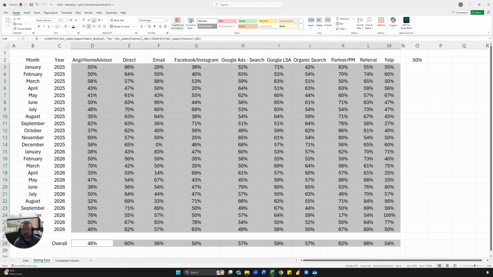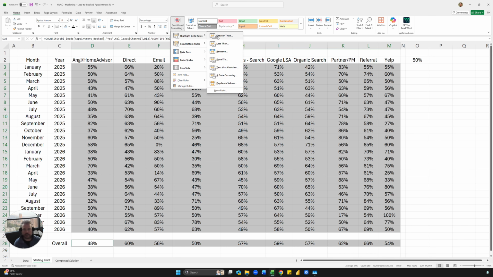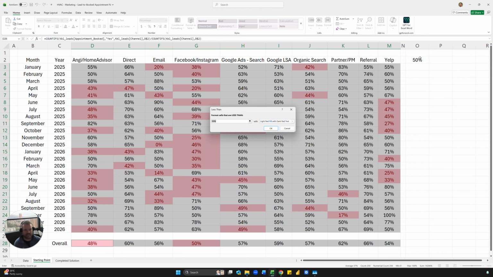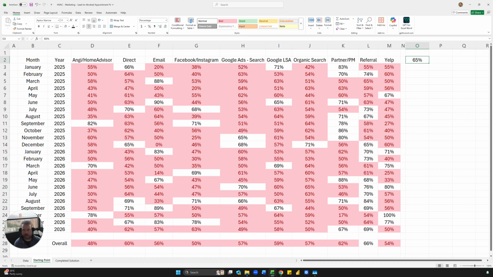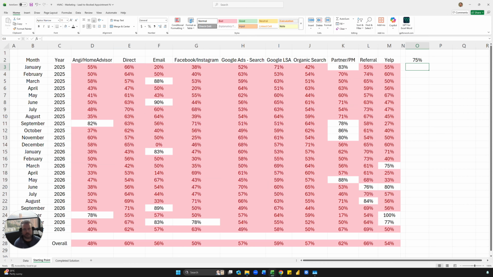Go to home, conditional formatting, highlight cells less than, and then click on this cell. And you'll see how it's $0, $2. That's the referencing we just talked about. So now no matter where it is in this data set, it'll automatically be tied to this cell. So click OK, and now you can see. And so now you have a dynamic changing cell, and you can see what is below